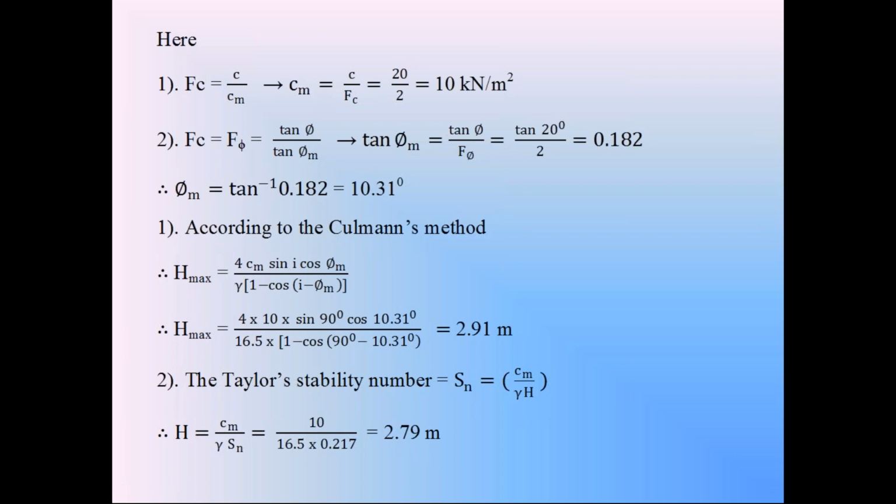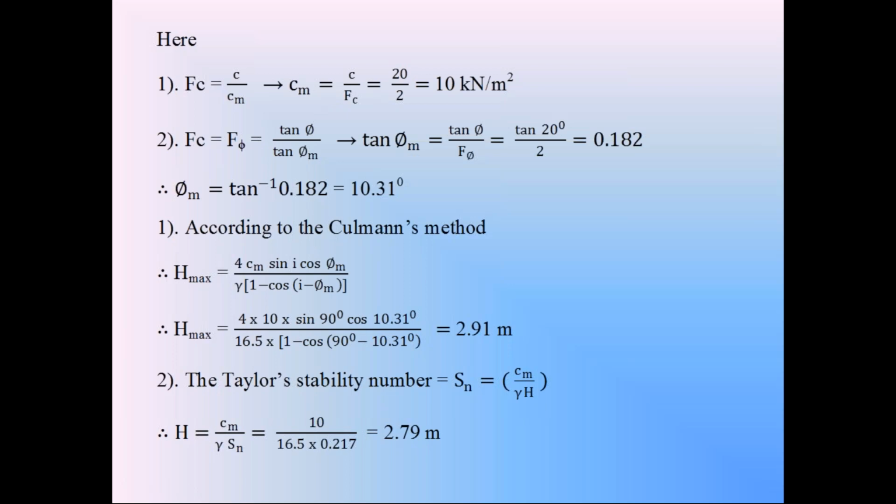In the soil slope, we have this mobilized coefficient Cm. This is the procedure. From the soil investigation, you can find out this C value. So Cm is equal to C by Fc. From the soil investigation at the borrow area, we can find out this C value by using the field vane shear test. You can find out this C value in the field. Then this is the equation to calculate Cm in the side slope. Cm is equal to the mobilized coefficient C by Fc.